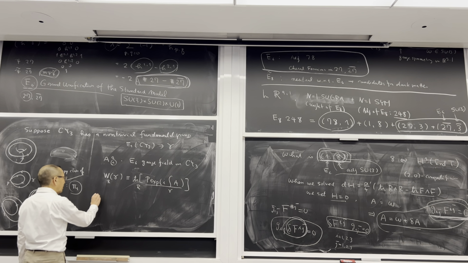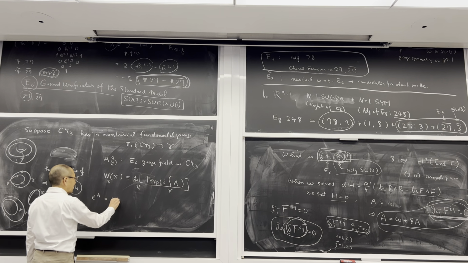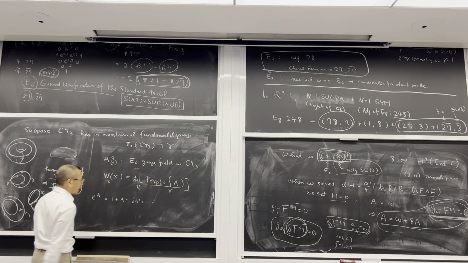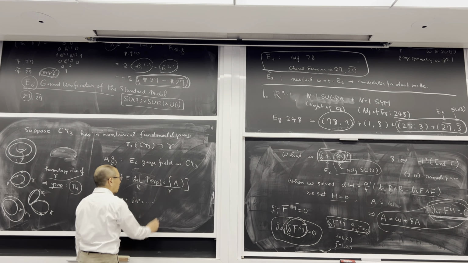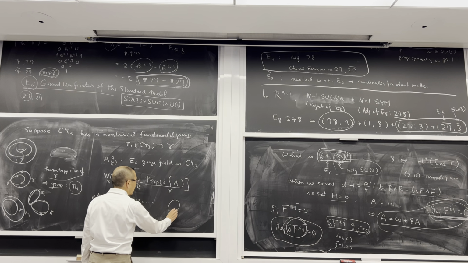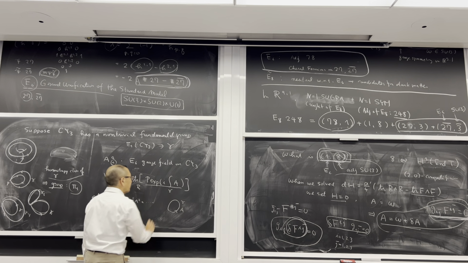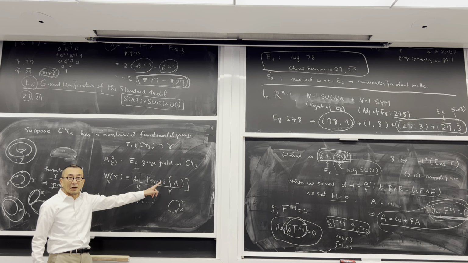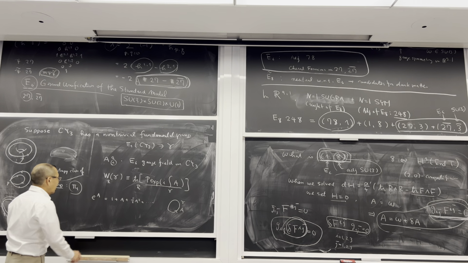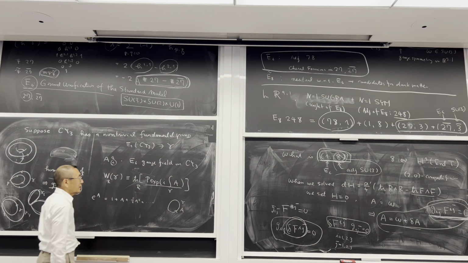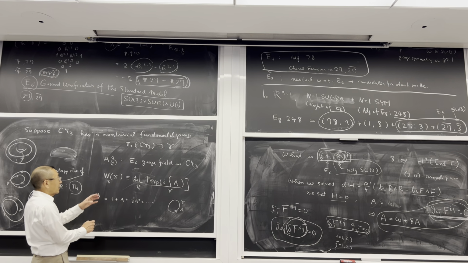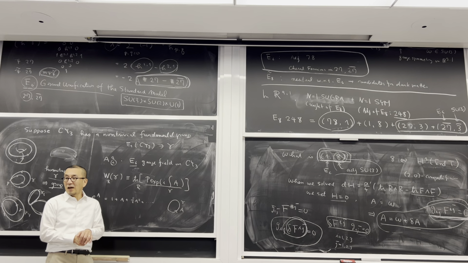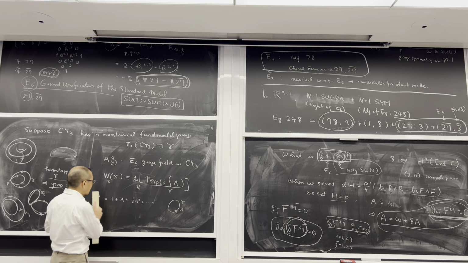Well, of course, if you have an exponential, it is 1 plus A plus half of A squared, etc. And now we want to first consider the integral of the gauge field around the path. Now, if the gauge field is abelian, then we don't have to worry about the order of the path. But if A is not abelian, like in the case of E6, they don't commute with each other, so we have to worry about how to order them.